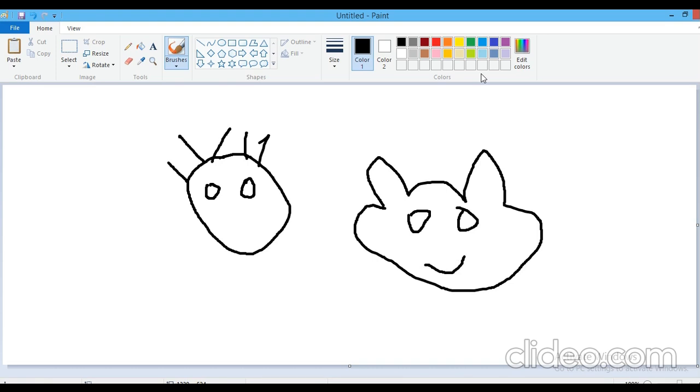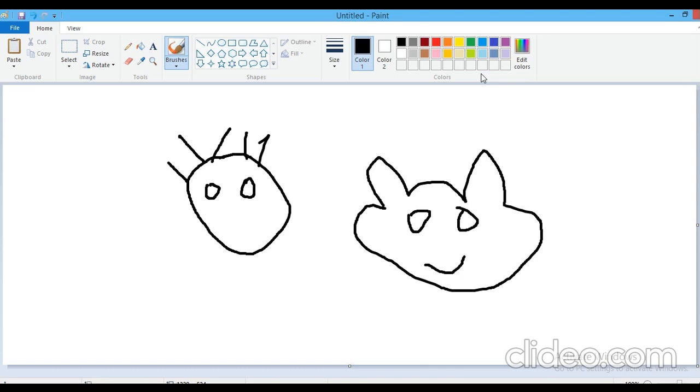Again we will discuss, just recapitulate all the points. What is Paint? Paint is a drawing and coloring program in MS Windows. It helps you to draw and color just the way you do on your drawing sheet. And how to start Paint and how to open Paint: click on the start button on the keyboard given over there. Then click on the search bar. In the search bar you have to type MS Paint or Paint. After typing, press the enter key.